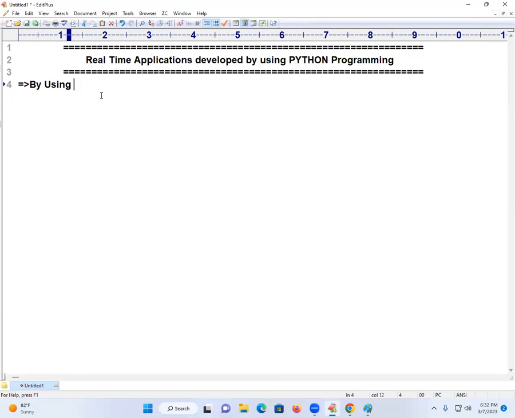Tomorrow, I'll start introducing topics from the zero level. The first two days are about Python, then from the next day the zero level: how to download Python software, how many versions of Python are available, who developed Python, and how to make our system ready for working with Python-based applications.